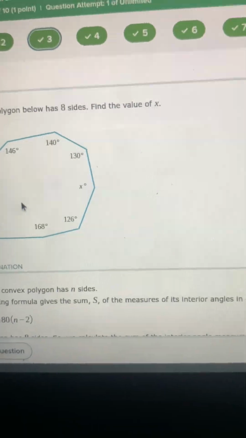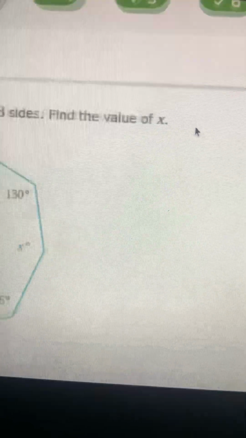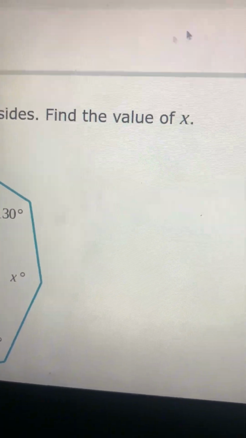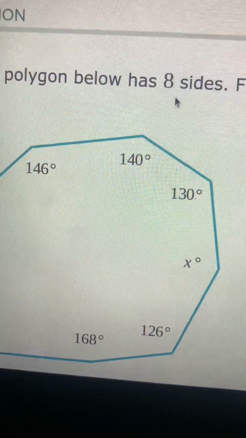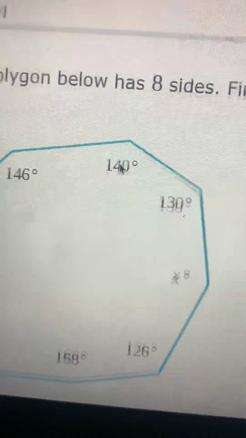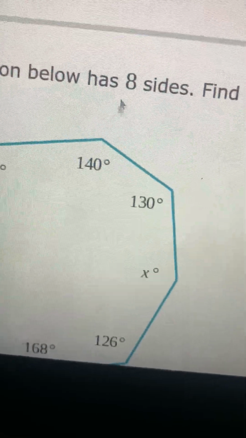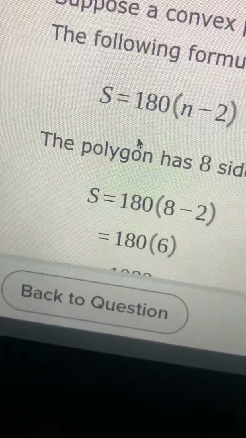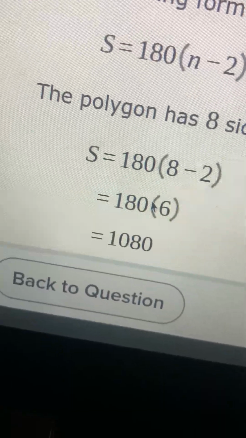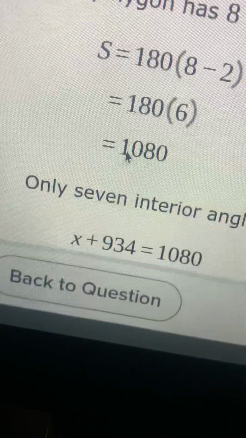Number 3, it's really easy too. The thing we gotta find is the value of x. This one right here. To find it, we gotta use the formula again. 180(n minus 2). So we put 8 inside here because that's the polygon. 8 minus 2 is 6. So we times it by 180 and we get